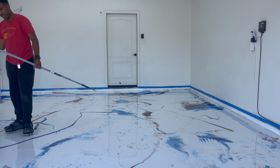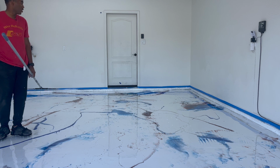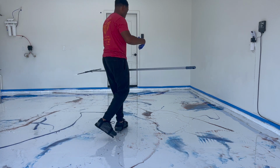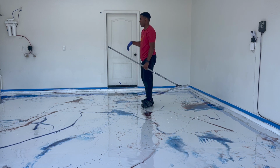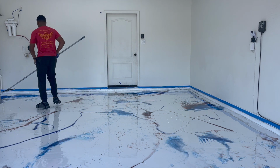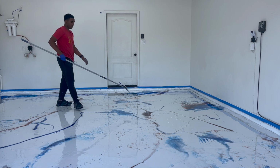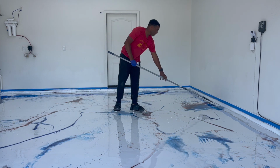But that's pretty much it. It's looking good. I like it. I think me freehanding it and pouring the epoxy over, to me, I like that better versus spreading it out a little bit. But even though I did spread it out, there are still some spots over here where I could work it a little bit. But also, the epoxy is drying really fast, so that's also the other reason, because